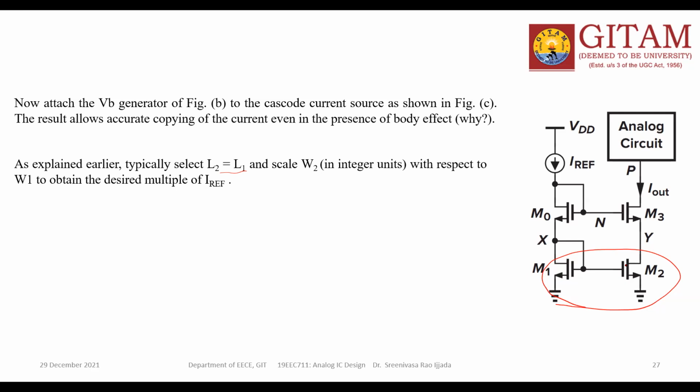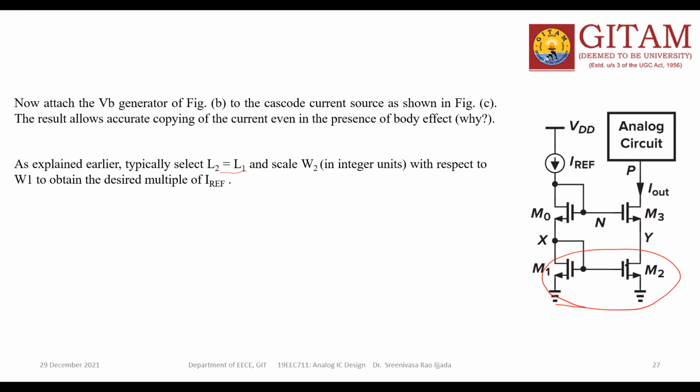Because of technology we can't say anything, but if you make the length also variable, then you have some issues. The actual length formula is L effective equals L drawn minus 2LD, so it is not good to change the length value. The only option is W, but we discussed the drawbacks of W being constant because of the corner gate things. But now, after nullifying so many things, we came back here so that again you can go for the scaling of W.